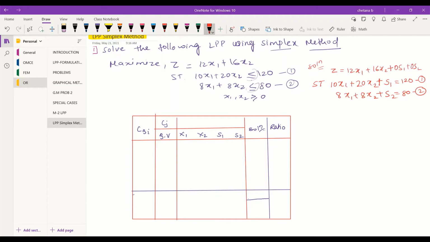So this is how you first convert the inequalities to equalities. That is, the first step is to convert the less than or equal to or greater than or equal to symbols by considering the slack or surplus variables. Now we have considered slack variables here. You have two constraints, so you will have two slack variables, namely s1 and s2. Here s1 and s2 are nothing but the slack variables.